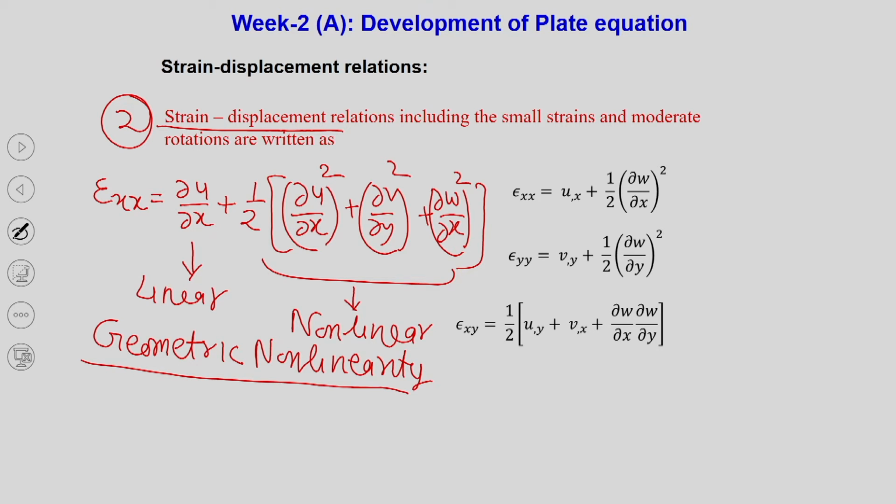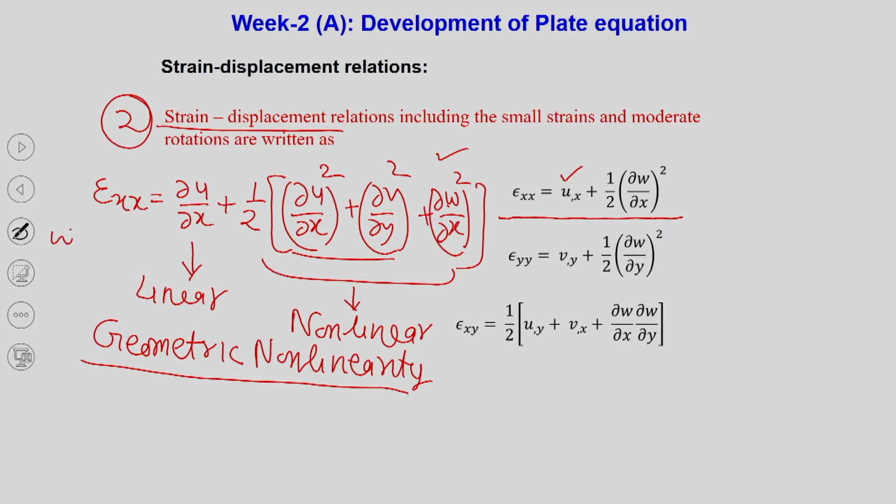So, here you are seeing that in epsilon xx, I have considered a term u comma x and half of del w by del x whole square. What does that correspond to? Why have I considered only this? Why not these two? The assumption behind that is, since the plate is thin and we have applied only transverse loading, we will say that